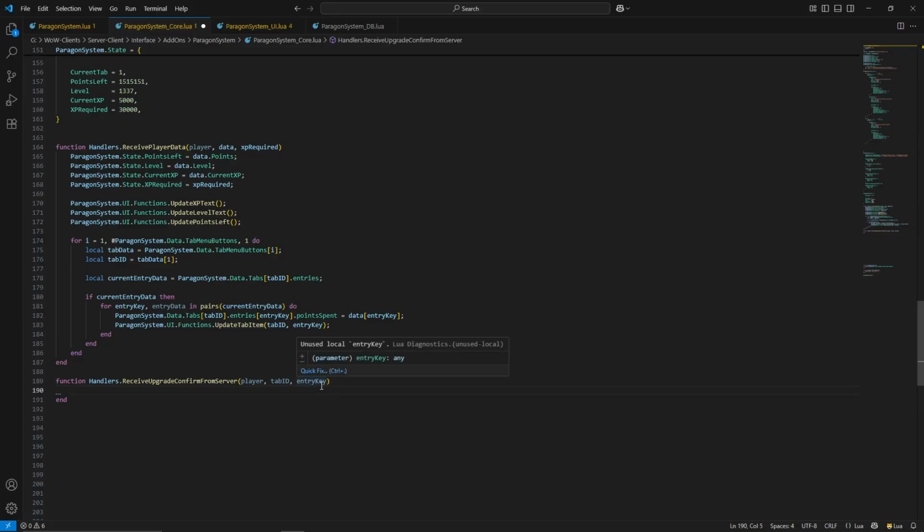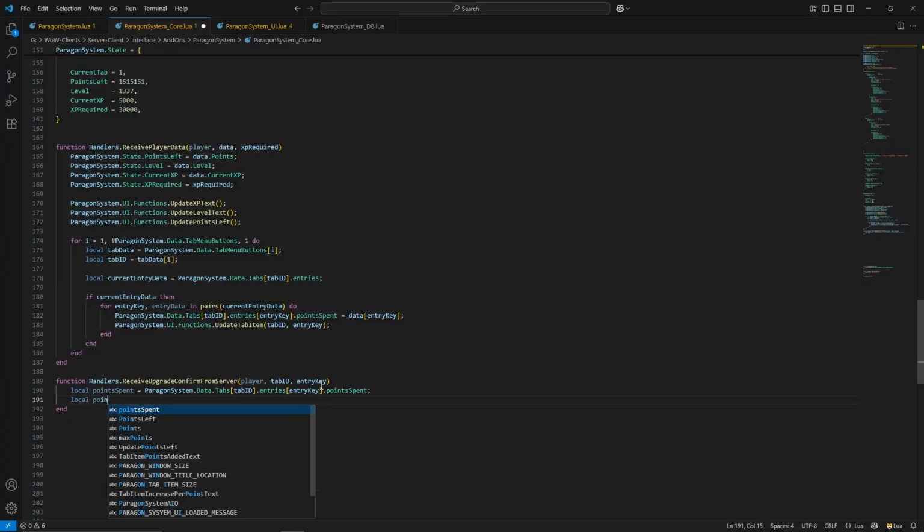Next, we want to do the local point spent equals Paragon System dot data dot tab, and then tab ID dot entries dot, sorry, and in here entry key dot point spent, and then local points left